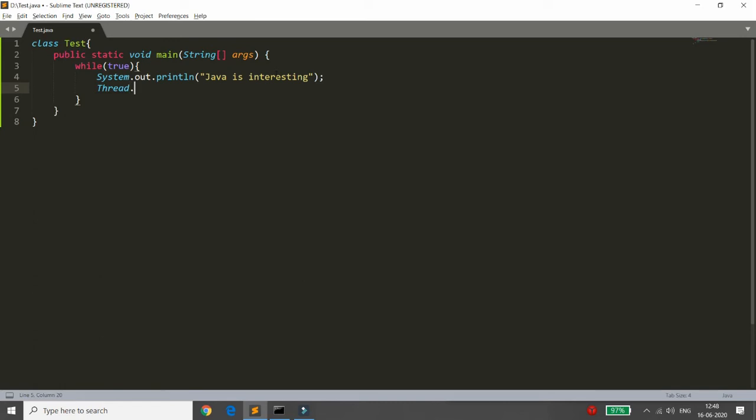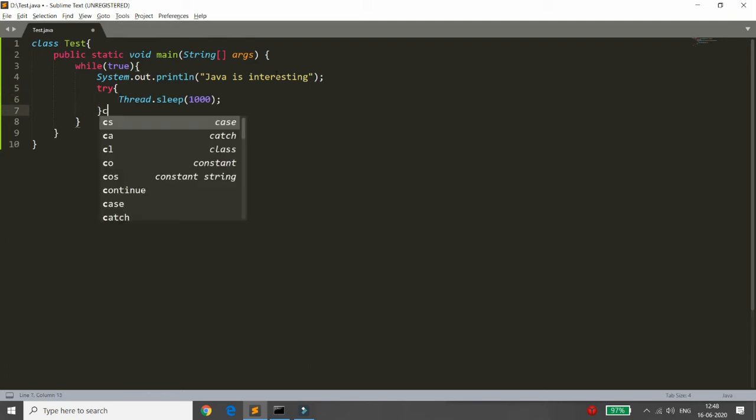So I'm just writing here the Thread.sleep method. Here you can mention the milliseconds. So I'm just providing the value 1000. It means it will wait for 1 second. But whenever you are calling this sleep function, you need to handle an exception. You need to catch either InterruptedException, or you need to throw it. So I'm just writing this statement inside a try and catch. So I'm just writing here try, and here you can just mention a catch, that is InterruptedException.